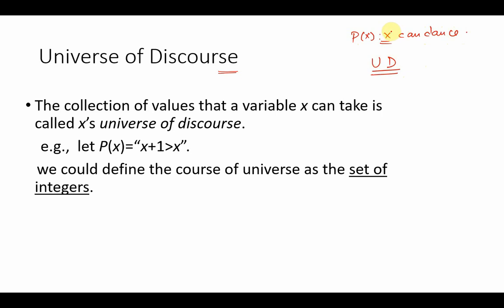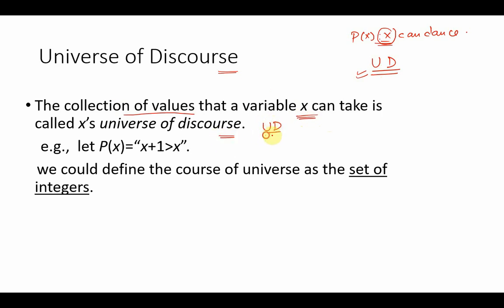Say for example, if I'm talking about just a particular class, then the students that make up that class become the universe of discourse. The collection of values that a variable x can take is called its universe of discourse,